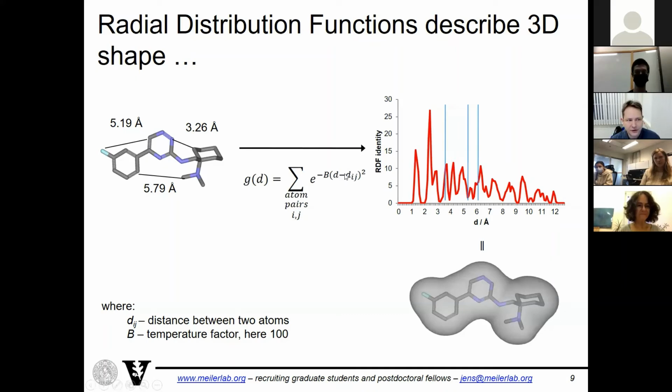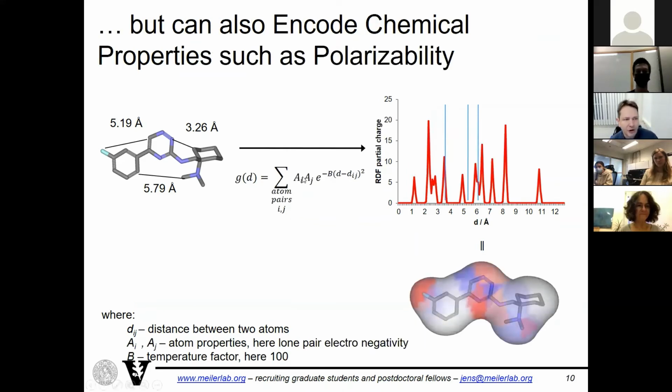If this difference gets 0, then this function becomes 1. And so you're just counting, and you have sort of a Gaussian kernel above that. Then you bin this and read out the distance at every 0.1 angstrom, and that sort of gives you a profile. Now you can add some properties like partial charge or polarizability for the 2 atoms, and then the function